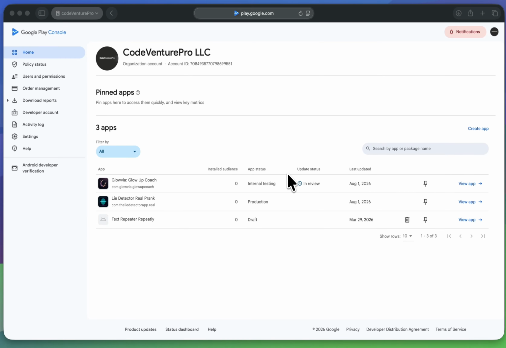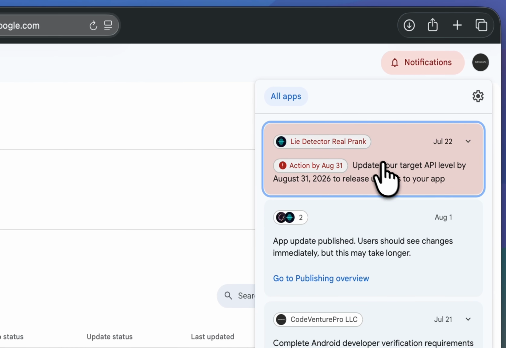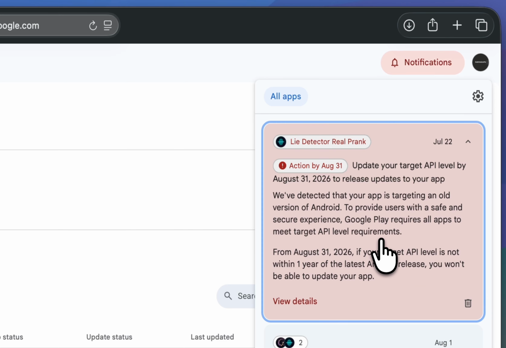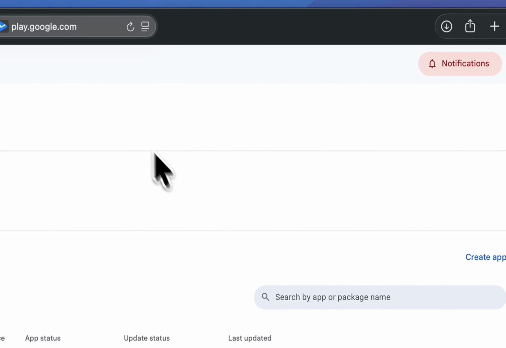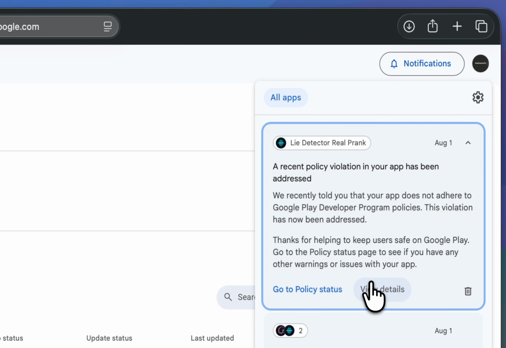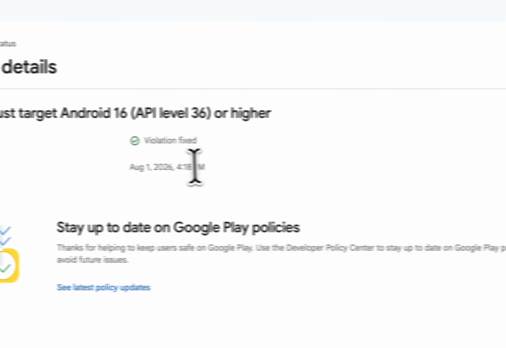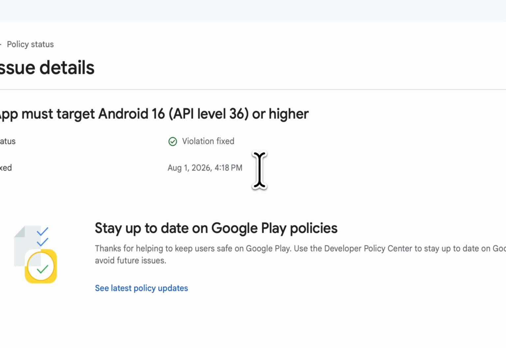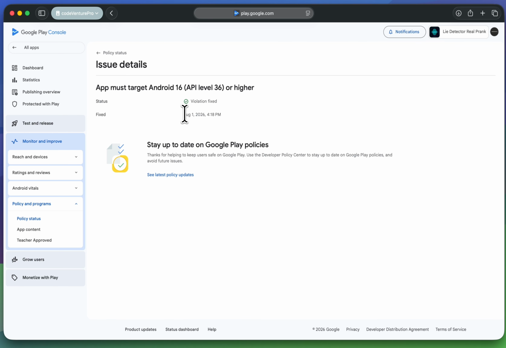Now let's see what the current status is. If I just click on the issues, it's still showing issues, but if I reload this page, then you can see the issues are gone, right? If I click on view details, then you will see that a few minutes ago it was completed. That means after solving the issues, I just waited for 1 hour and it's already completed, right?